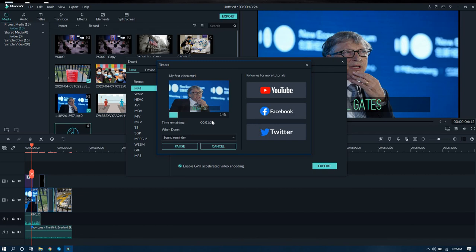This is a simple software where anyone can do editing on it, and also it will be helpful for you to produce a good quality video from the images, or even you can crop, trim, or anything you can do. And also in images, if you do a right click, you can crop the image. And also if you have a video, you can do a right click, and there are different options. You can go ahead and explore it.